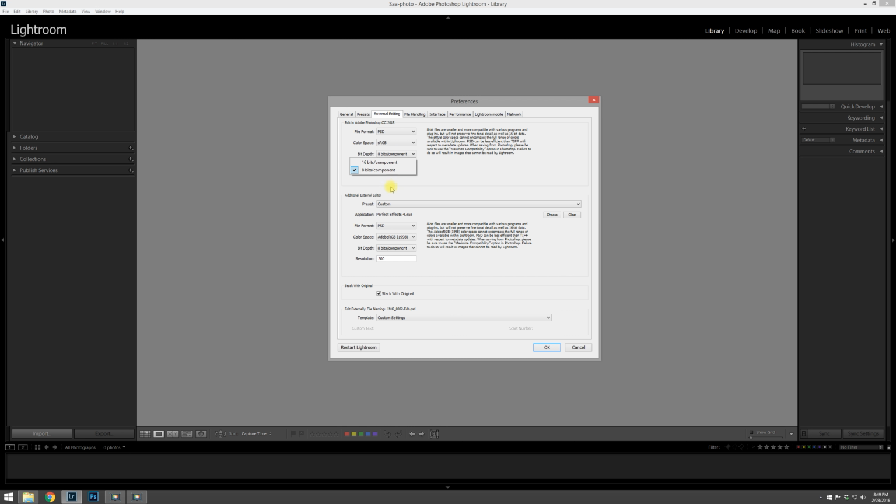Bit depth is going to default at 16, I believe. You can choose 16 or 8. I'm going to choose 16. It'll have a little bit more dynamic range in the image. And then the resolution defaults to 240. However, since most printers are set up to print with a resolution of 300, I prefer to keep my images at that resolution. So these are the settings that you should use, and once you've entered those,